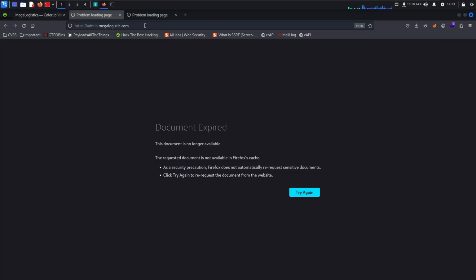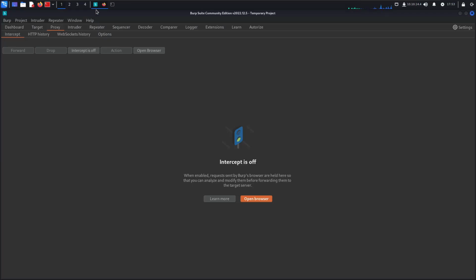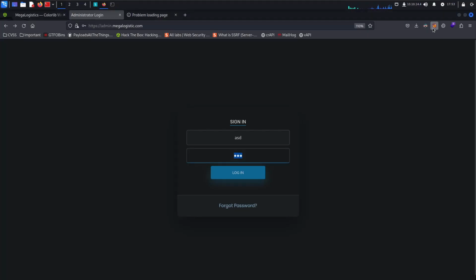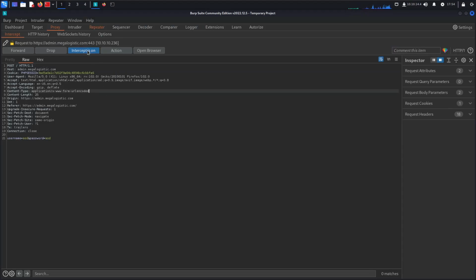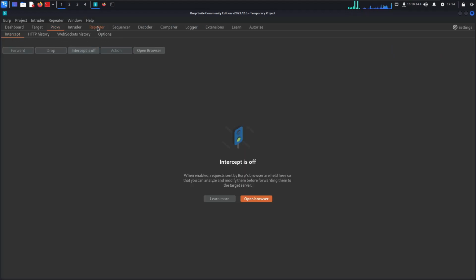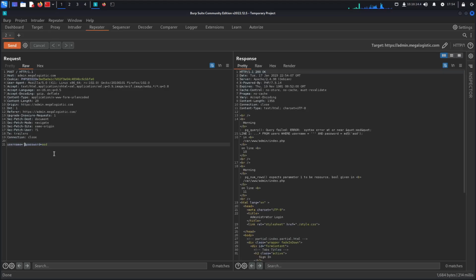Actually, let me make a login here and send a request to Burp Suite. So let me try this, like ASD, just to make sure it gets to Burp Suite. Log in, and then we can send it out to the repeater. Intercept is off now, and here we can start trying some things. Okay, let's try again our apostrophe here. We see the error, and